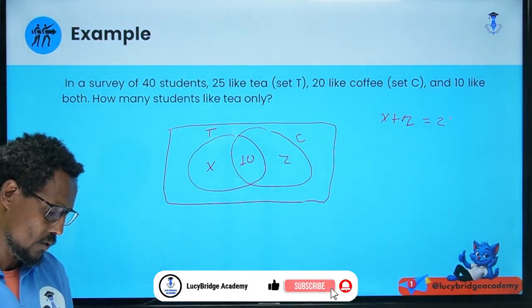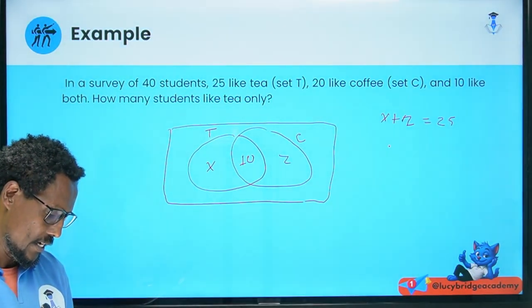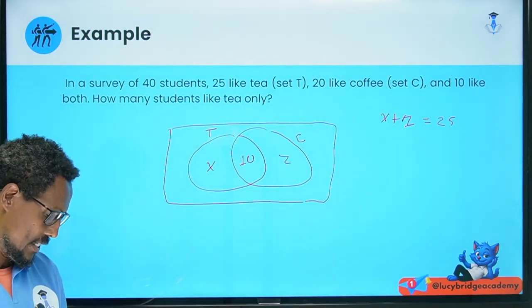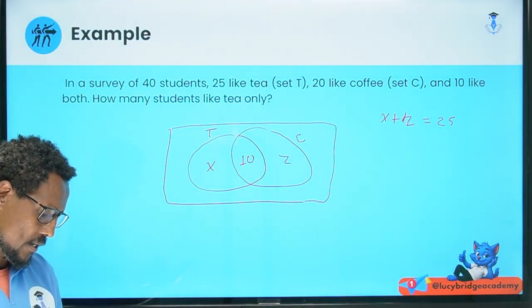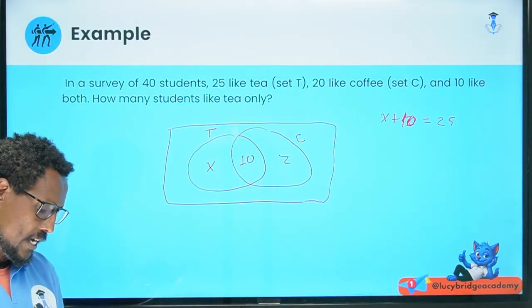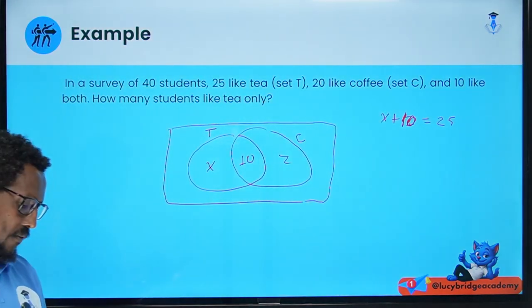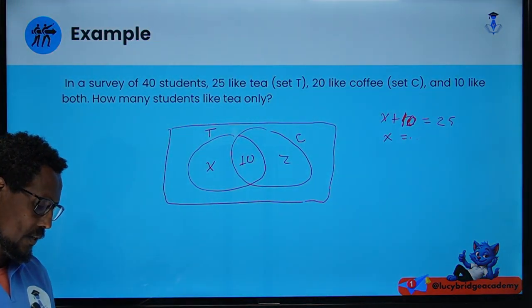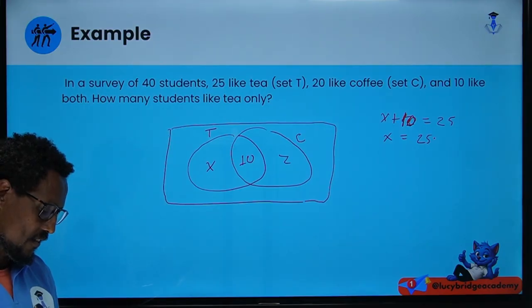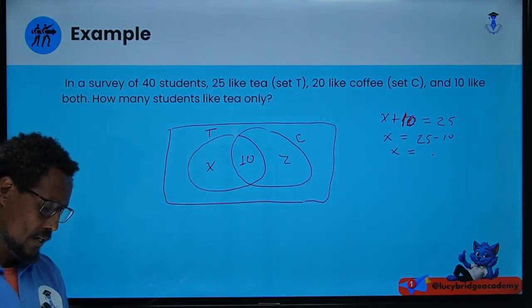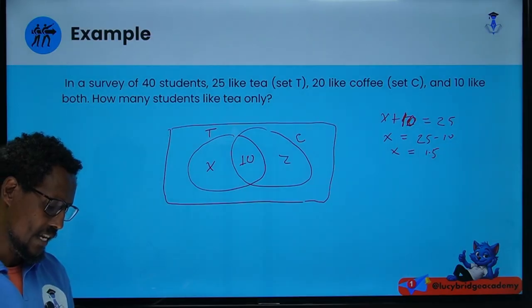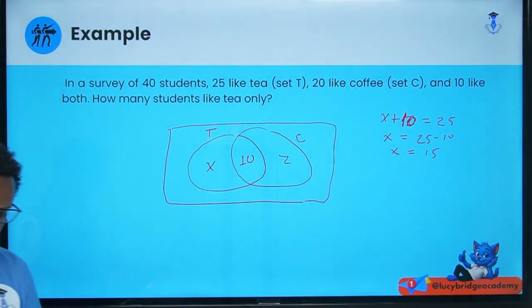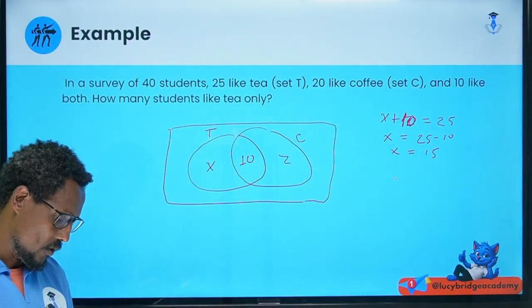That means those students who like T, X plus 10, sorry. X plus 10 gives us 25. X is equal to 25 minus what? 25 minus 10. X is equal to 15. 15 students like only T, and 10 plus Z